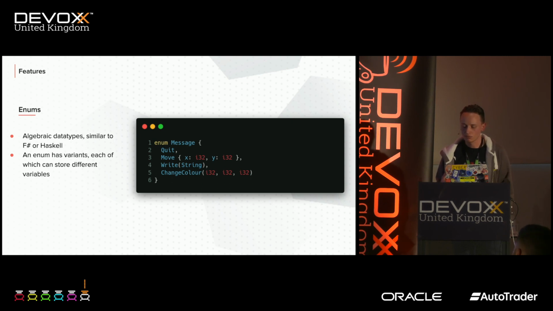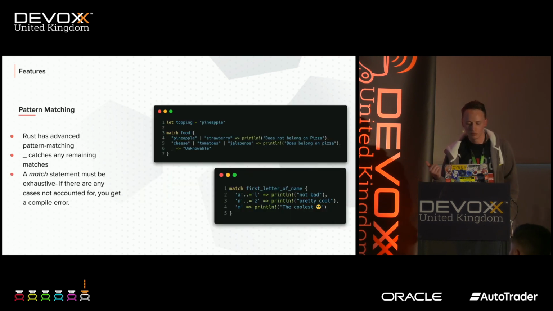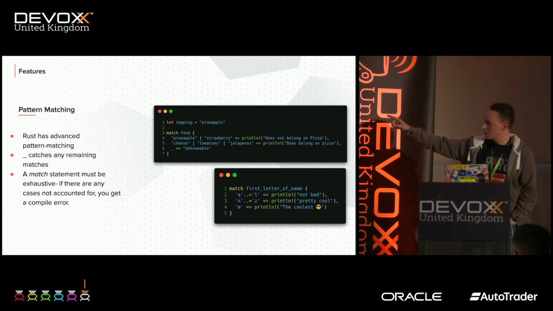A lot of Rust programs are formatted like state machines that transfer between various different states, and a lot of that is done by combining enums with pattern matching. Rust has very, very advanced pattern matching. You can do all sorts of funky creative things with it, but the key thing is that it's very easily readable and understandable, right? So in this example, we're saying if it's a pineapple or if it's a strawberry, it does not belong on a pizza. And controversial, I know. And it's very straightforward to read that and just say, oh, okay, if it's that state or that state, it goes to this outcome, right?